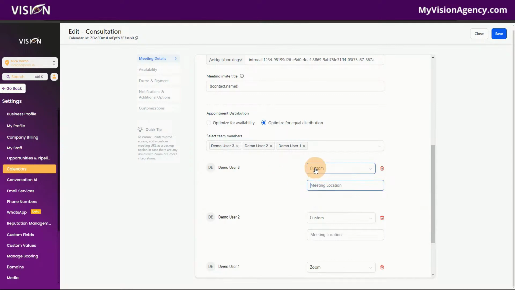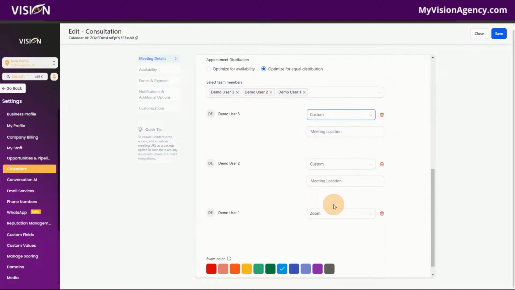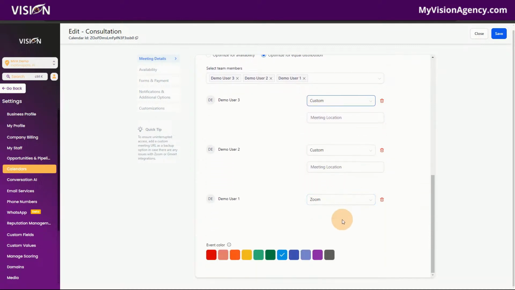I could have individual links for each of the people, or I could have their custom area connected here. Now, I don't have a Zoom account connected here, so you can see that's why it's saying that. But each user needs to have their own Zoom account in their business profile. And I'm going to show you that in just a second. Okay. So you can see all of the users here added to that profile, and then you could add a